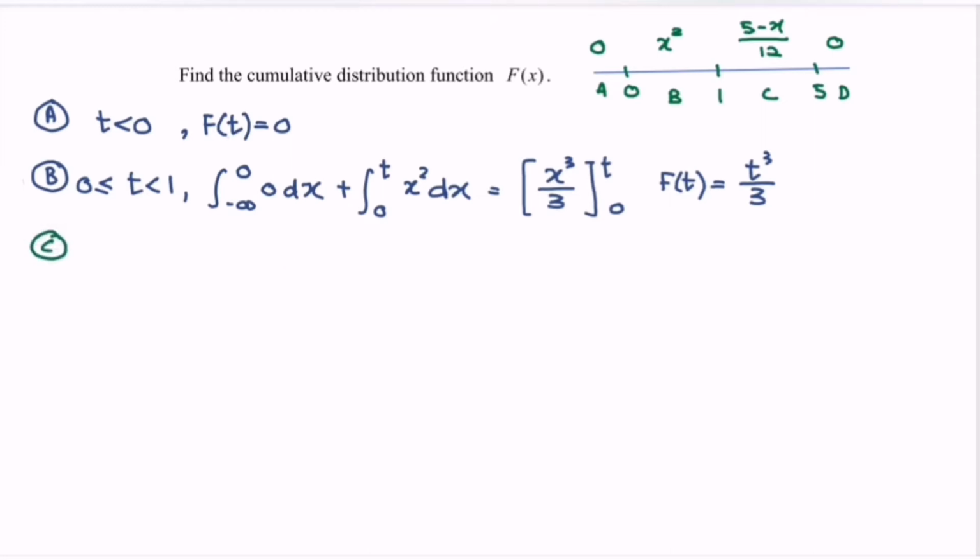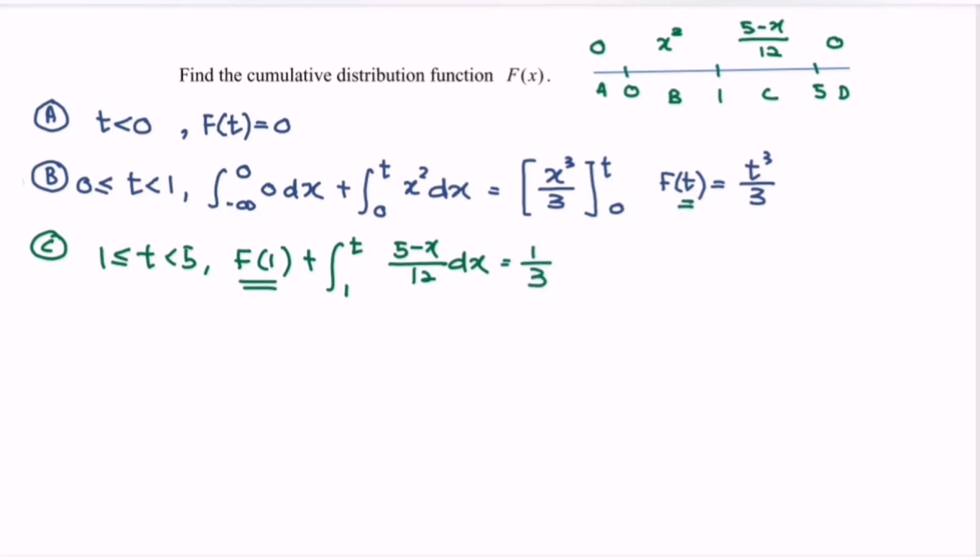For part C, we have the domain t greater than or equal to 1 and less than 5. So the situation would be F(1) plus, where we have to integrate from 1 until t for the function (5 minus x) over 12 with respect to x. So meaning that we need to substitute the 1 into this part. So we will have 1 over 3 plus. Kindly integrate the second part, where we will have (5 minus x) to the power of 2 over 2 multiplied with 12. Do remember to differentiate the internal function 5 minus x, and we will have negative 1 for the limit